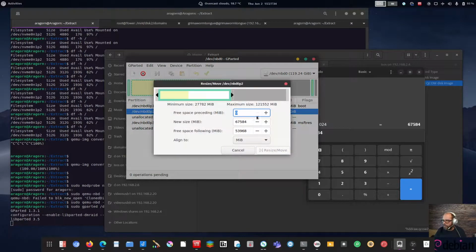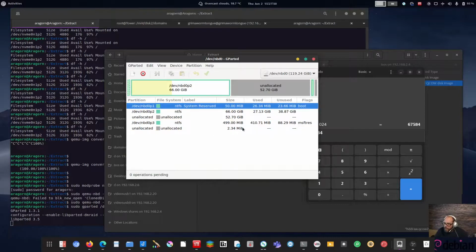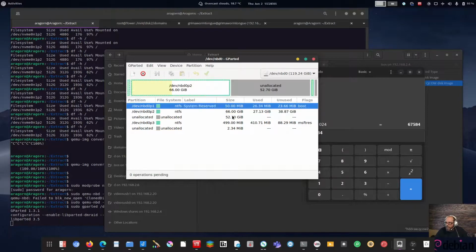So I'm going to move this, and I need to give it, how much space is this? 499 megabytes. Okay, and then also on top of the 499 megabytes, this is small. I don't like the size. I'm going to increase the size of this to be more appropriate. I'm going to make that 100 megabytes. I know when you create an EFI partition, it's going to need another 100 megabytes. And then I'm going to need to leave some space. So what I'm going to do is leave about a gigabyte of space